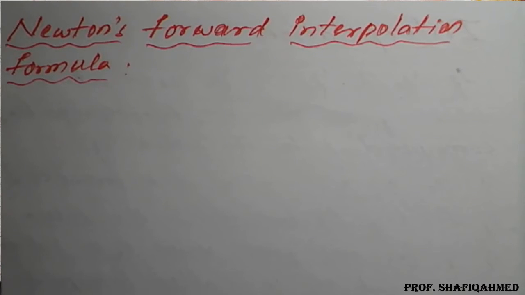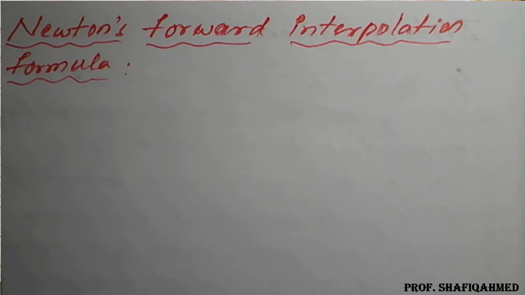Hello students, in this lecture we'll see the Newton forward interpolation formula. This Newton forward interpolation formula is going to be used for equal intervals based on forward differences. These formulas are established by approximating the unknown function to a polynomial in x whose values coincide with the values of f of x at the specified points of x, that is x0, x1, x2, and so on up to xn.